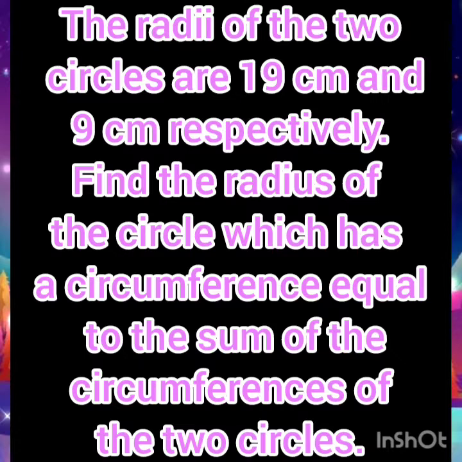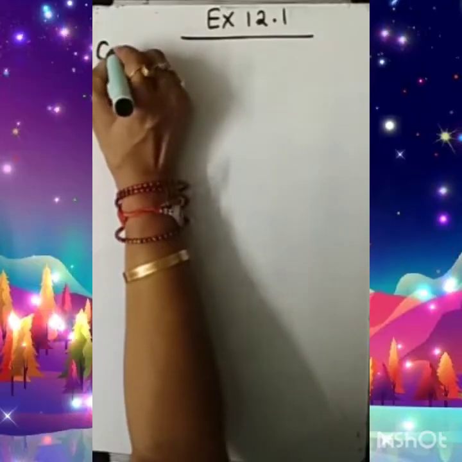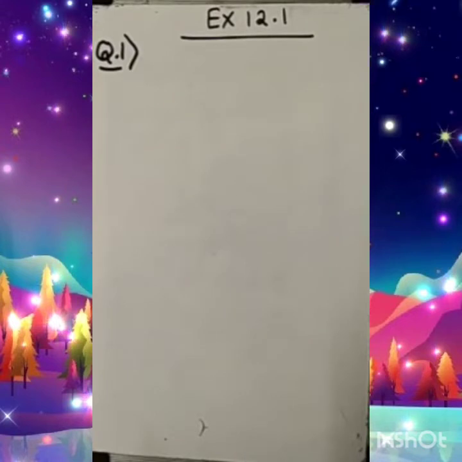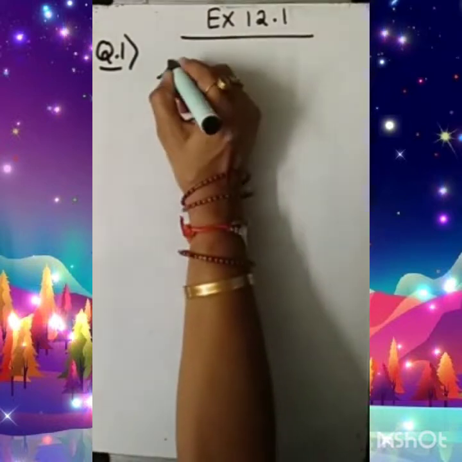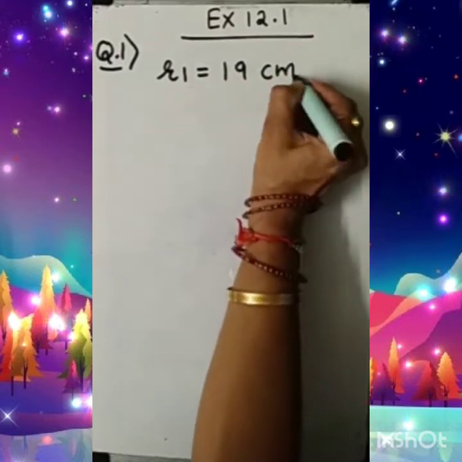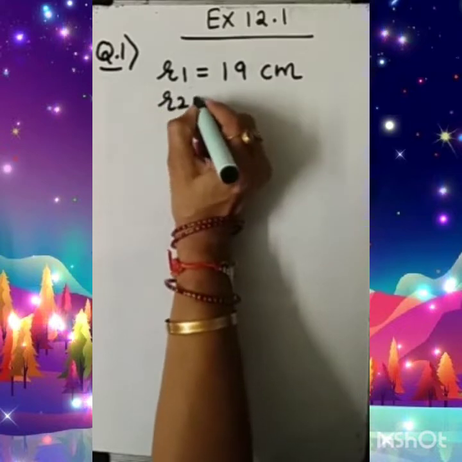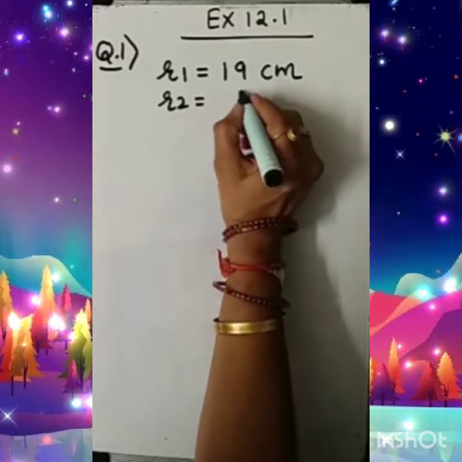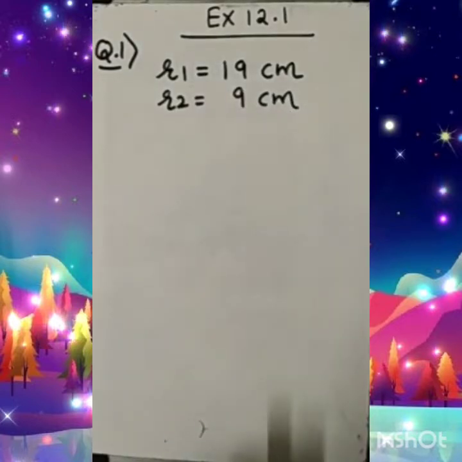My dear student, here radii, R-A-D-I-I. Radii is a plural of radius. Please keep this in mind, okay? Reason behind it, here we are given two radii. So, how to begin? How to start? First radius I am choosing as R1, that is, the radius of the first circle is 19 centimeter, and another radius I am choosing, R2 equal to 9 centimeter.